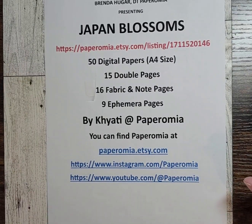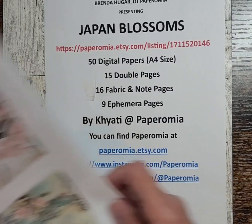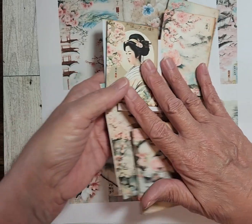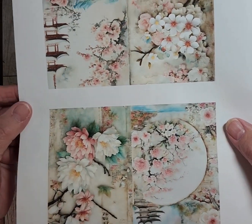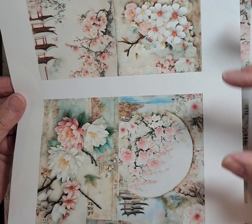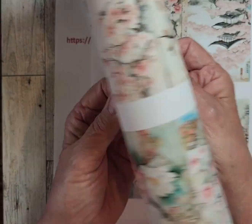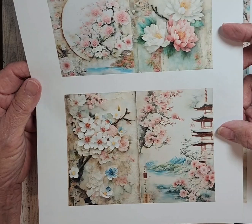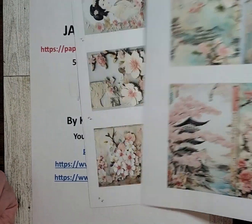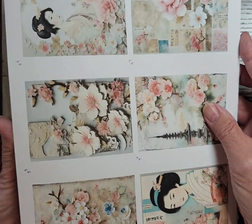So let's get cracking. The first one I'm going to show you today is a small journal. This is some of the journals, but I want to show you the paper. These are actually part of the kit. These are the two designs, or a 2-page design that you can fold in half, one for the front, one for the back. This one happens to be upside down, and I printed them two to a page, and there are just oodles and oodles of these designs to choose from, and these are the single sheets that you can print out full